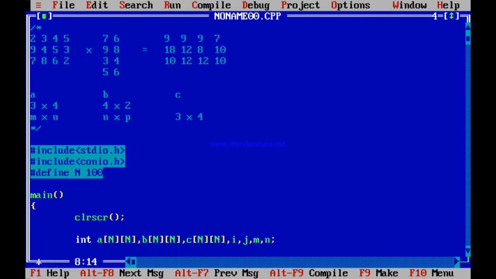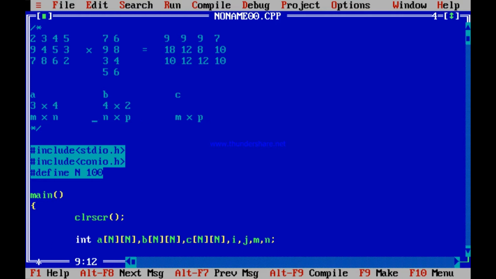So what should be the dimension of the resultant product matrix then? The dimension of the product matrix should be, see, this is n, this is n. Number of columns of first matrix equal to the number of rows of second matrix. But number of rows of the first matrix can be anything, number of columns of the second matrix can be anything, and the resultant matrix will have a size M cross P.